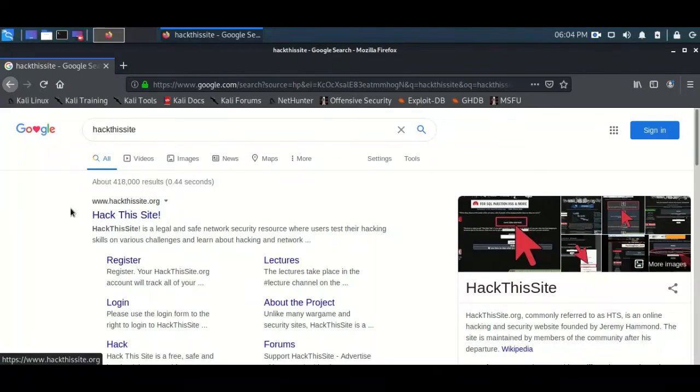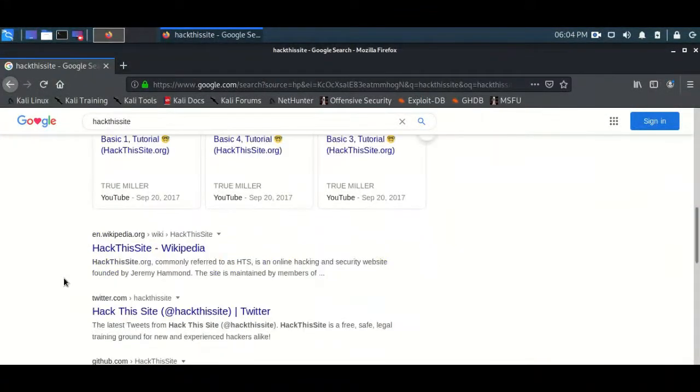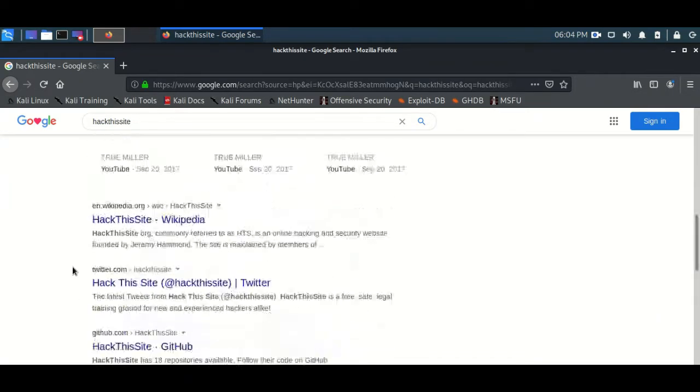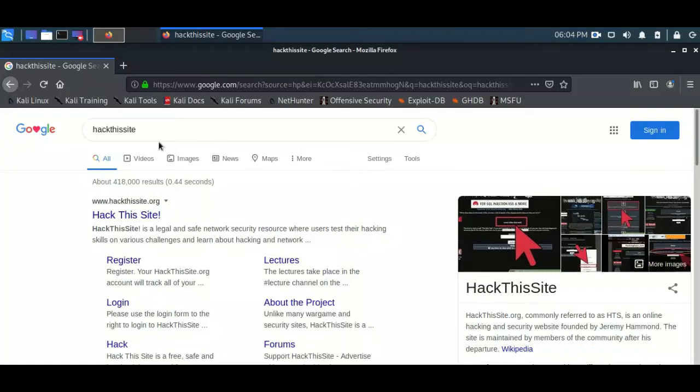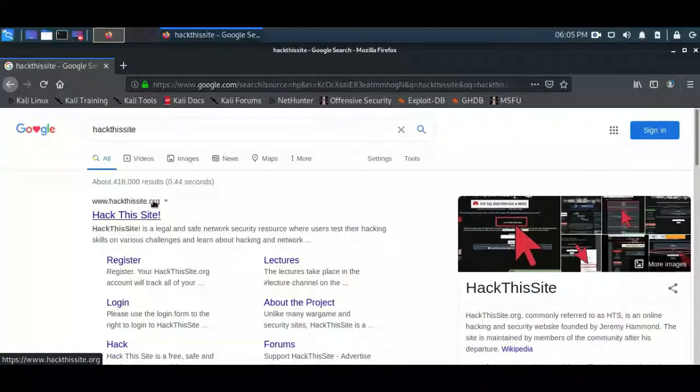Now it gives me the website, which is www.hackthisite.org. It gives me some videos related to hack this site. It gives me the Wikipedia article, the Twitter page, GitHub page, and so on. Now let's say I want to trim this. This is a lot, and I want to only find things that are related to this